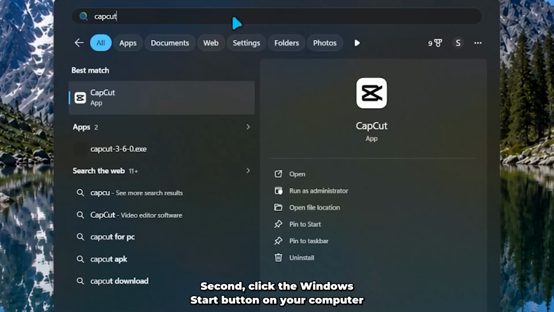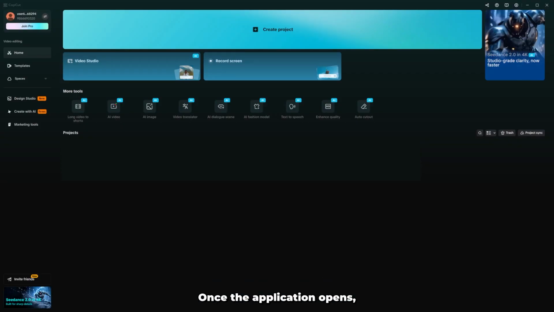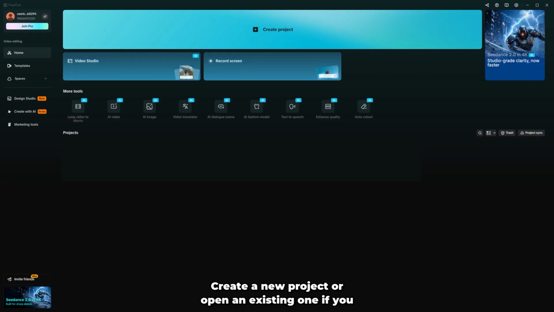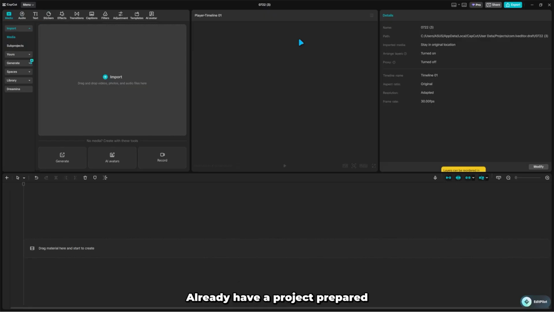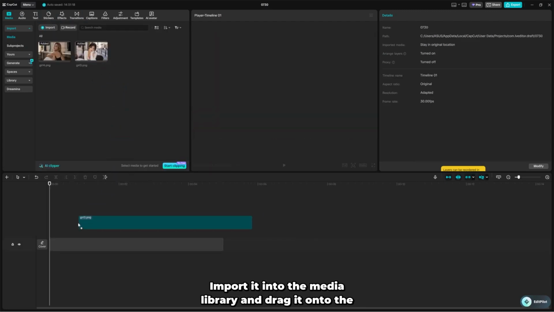Second, click the Windows Start button on your computer. Search for CapCut in the Windows search box, then launch the CapCut desktop editor from the search results. Once the application opens, create a new project or open an existing one if you already have a project prepared. If your video is not already included, import it into the media library and drag it onto the timeline to